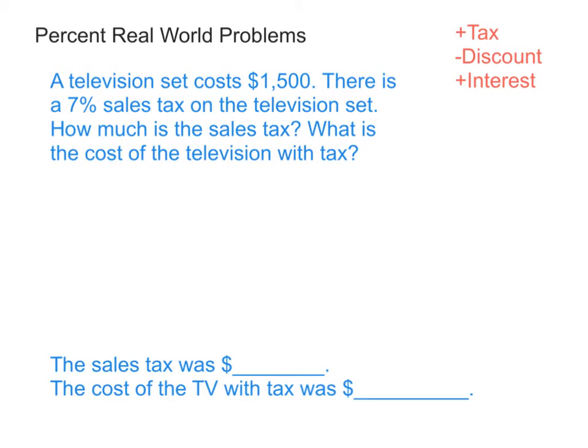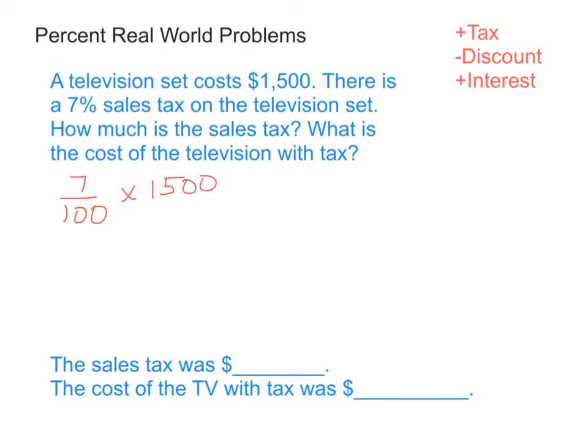In our first problem, a television set costs $1,500. There's a 7% sales tax on the television set. How much is the sales tax? What is the cost of the television with tax? So first we have to find the 7% of $1,500. So 7%, 7/100ths of